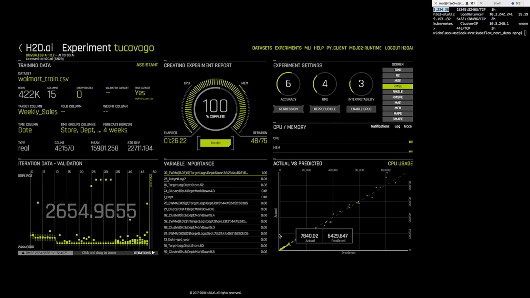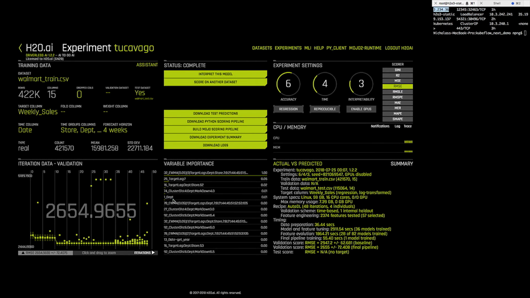What it comes down to is you can see now the graph has filled itself in. You can take a look here. This is kind of cool because this is showing that the only data point that was kept from the original data set is department, out of the top 5. You can see that some of them are target lag values. One of them is a clustered value, using a clustering algorithm of our making. We clustered the values between department and markdown number 4, and from that, we created a new value that becomes the value in that column. And then finally, there's also another lag value at the top here.